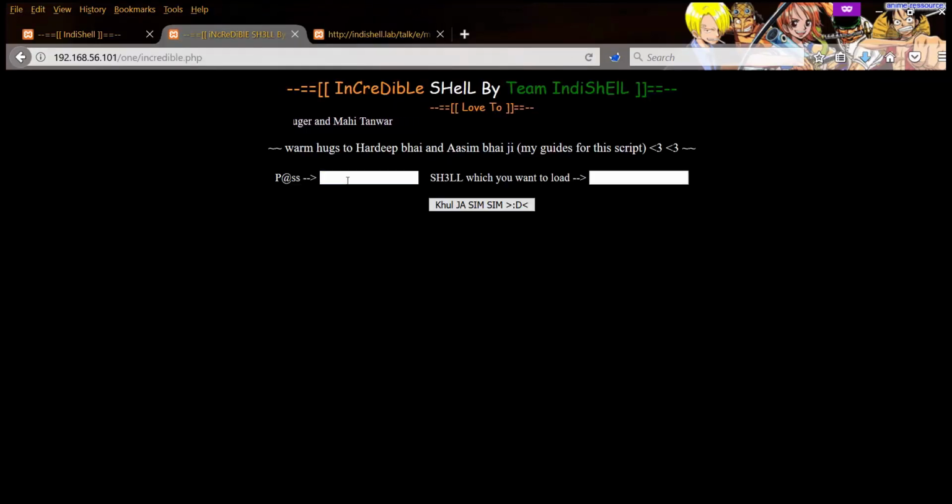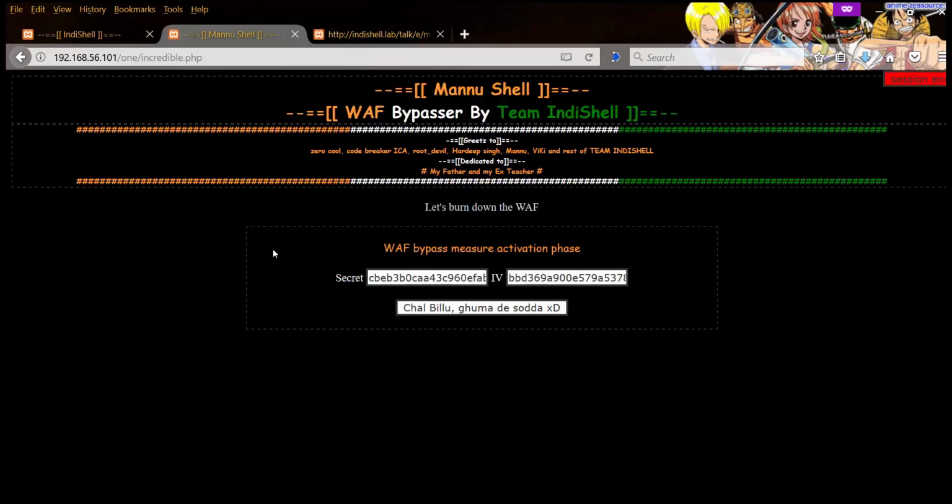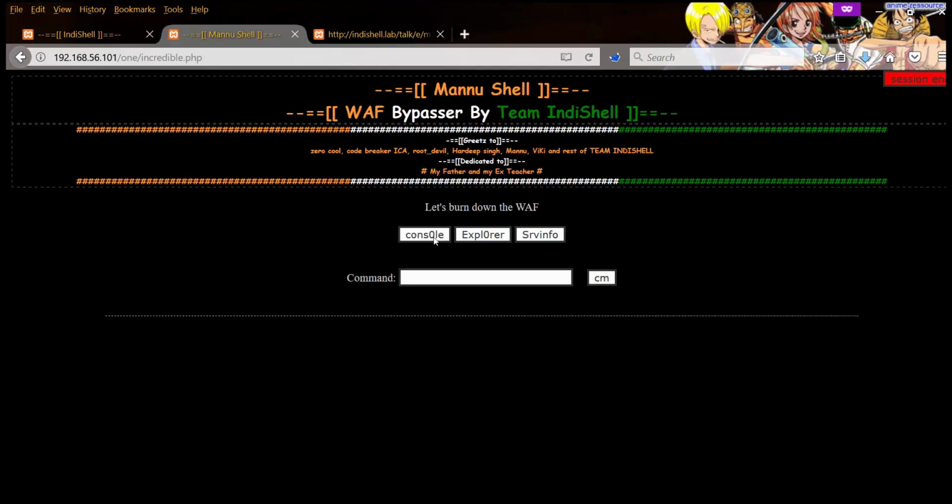As we know, we have to specify the password, and then the link of the remotely hosted Manu shell. And once we click the button, the Manu shell has been launched. All we need to do is proceed with the steps, and that's all.